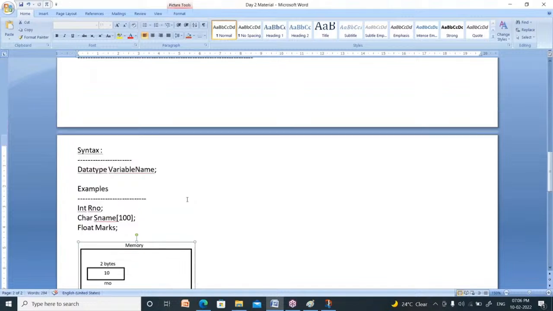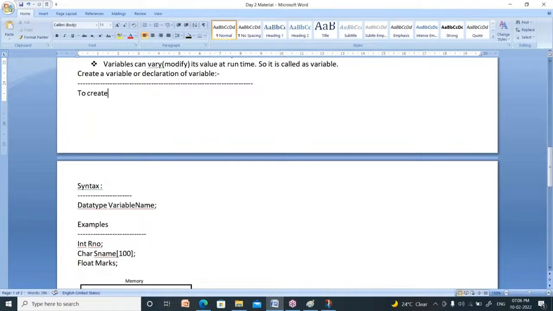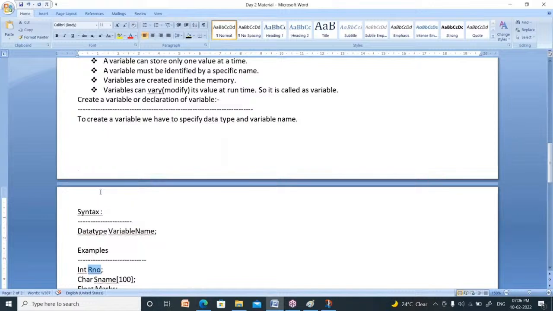Right. And now tell me how to create a variable. To create a variable, we have to specify the data type and the variable name. Remember one thing: before using a variable, you have to create it. First you have to create, then you can use. Right? So